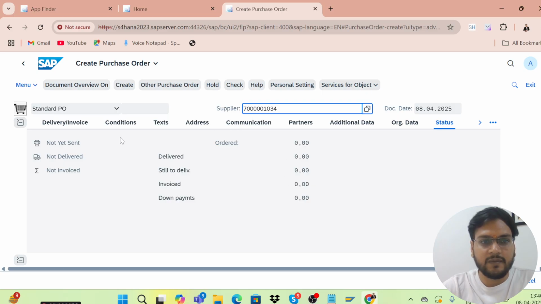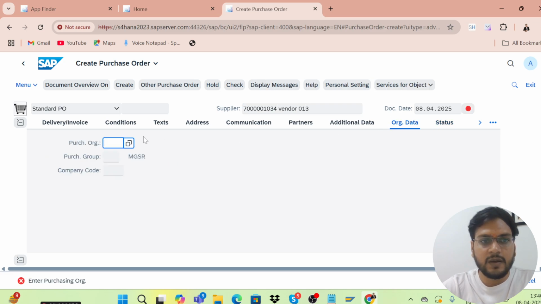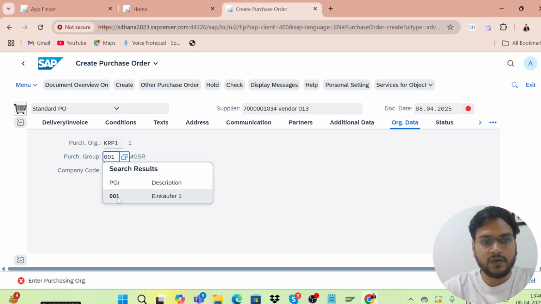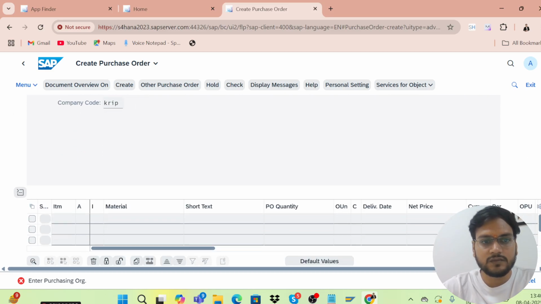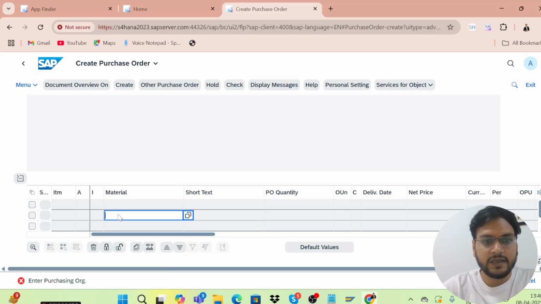So here, supplier number; in org data we are going to mention our purchase org, purchase group, company code, material.